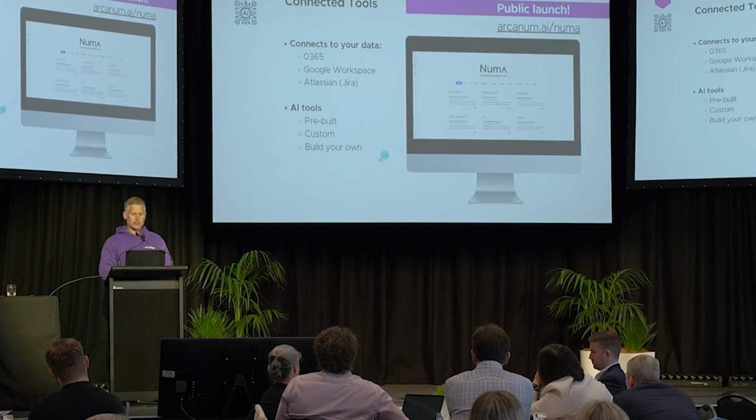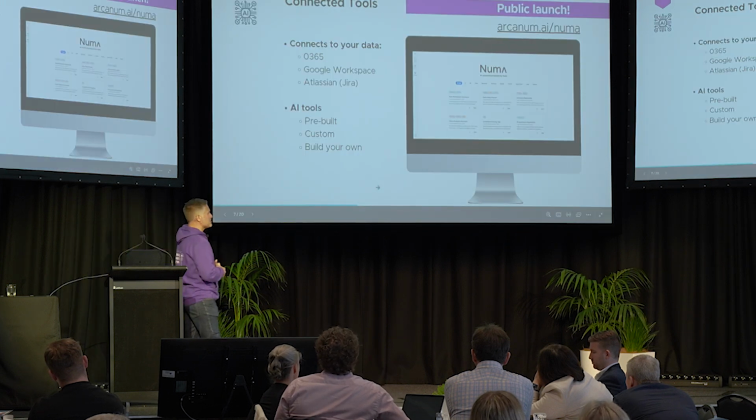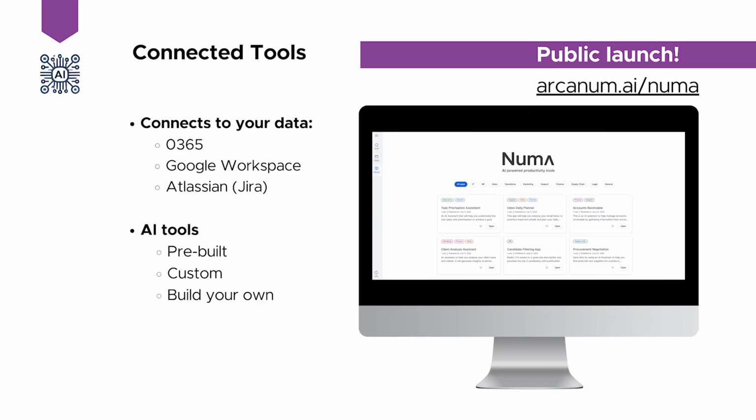Right, next part of prototype sharing. Done that bit. So the next piece is our Numa platform. This is the first time I've talked about it in public, so please don't be mean. It's baked onto the AWS Q fundamental technology underneath, and so it connects out of the box to Office 365, Google Workspace, Atlassian, Slack, Teams. We're building apps that go into it, so therefore you can get started. You don't have that cold start